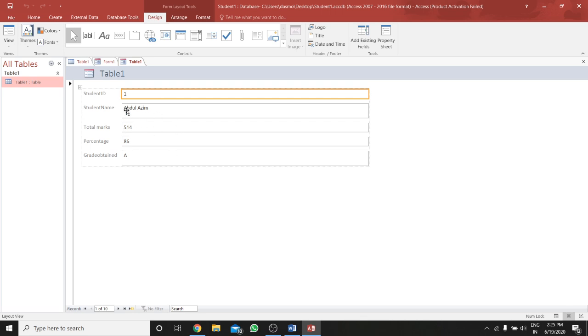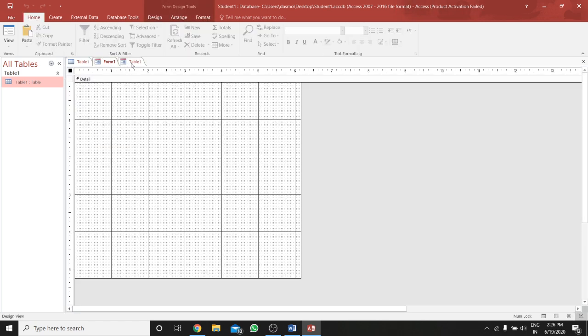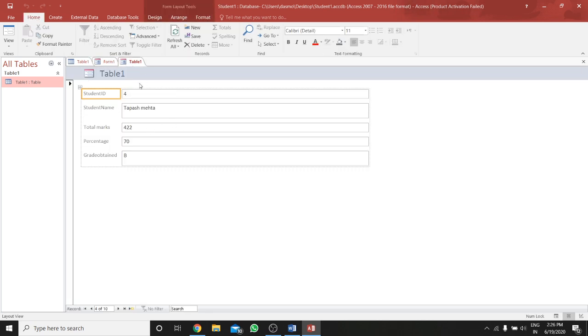You can see here one, Abdul Azim. If you click on down, you will see all the forms, 1, 2. When I am clicking on the status bar, you can see one by one it is coming. So you can see the form is already created of this table. Okay, let me close it.